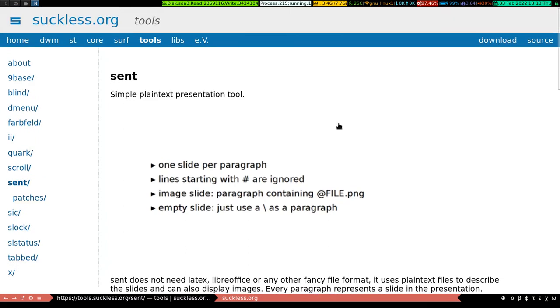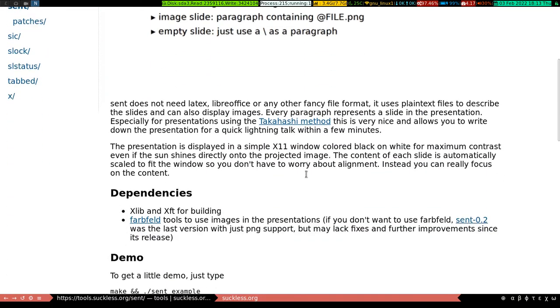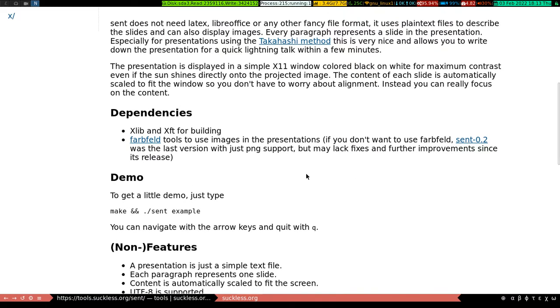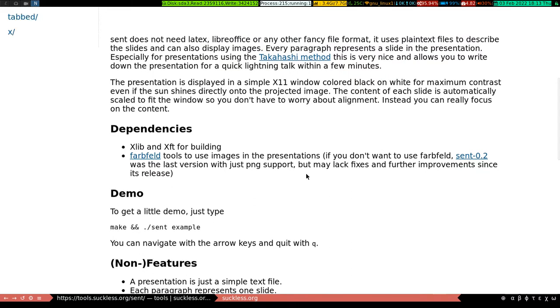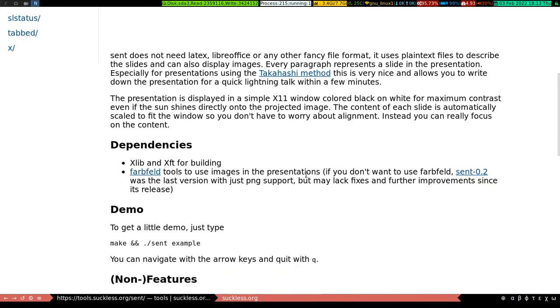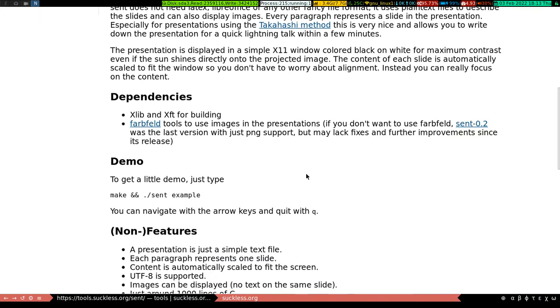Go to display, and inside the tool you'll find a Sent link. Go here. Oh, it has one dependency which is also available from their side, which is farbfeld. Okay, which is nothing but an image representation library which Sent uses underlying. All you have to do is get this particular library, or through your package manager, wherever you are sitting on any particular OS,